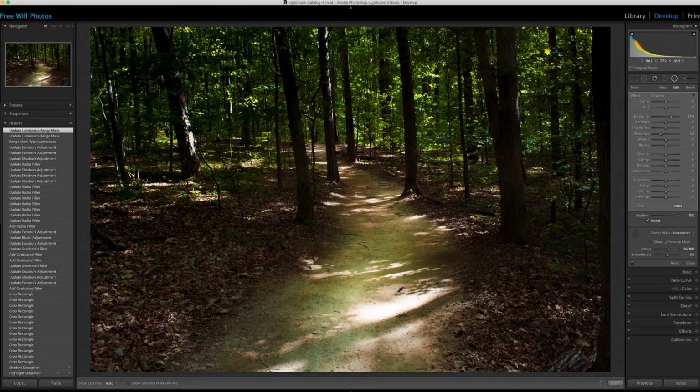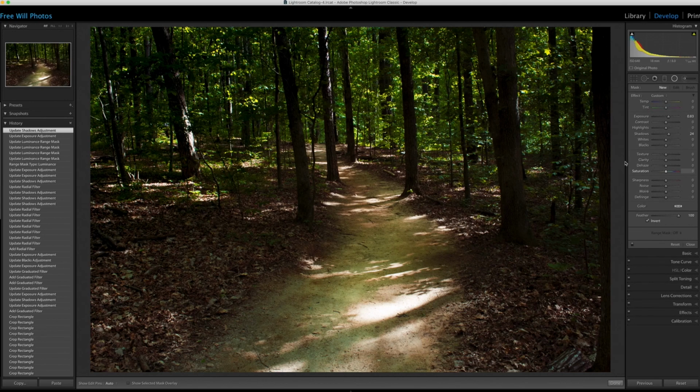Just trying to get this to blend a little bit. So now it's moving a little slow. I'm gonna bring the range out. Alright, I think that's about right, and then I'll just bring down the exposure, and bring up the shadows there. Alright, put my eyedropper back, go ahead and make a new